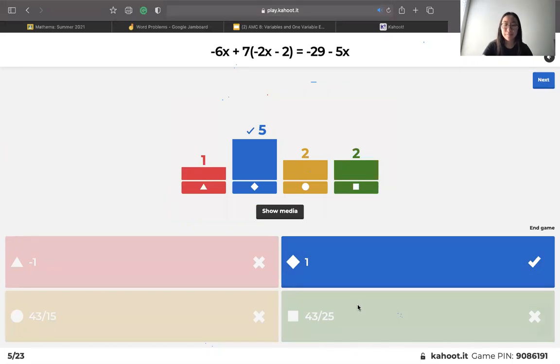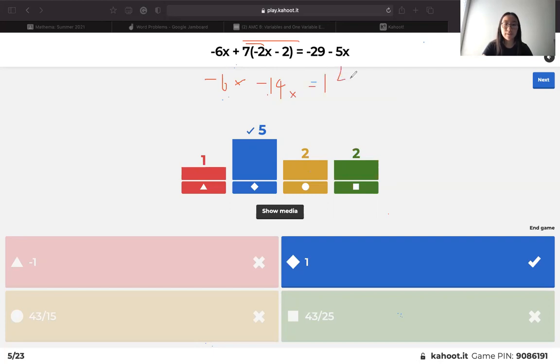Okay, good job. The answer here is 1. So what you do is negative 6x, and then you distribute this to get negative 6x. And so in more complex problems, you have to be careful with your negative signs so they don't get mixed up. And then minus 14, because 7 times negative 2 equals 14. And the other side, negative 29